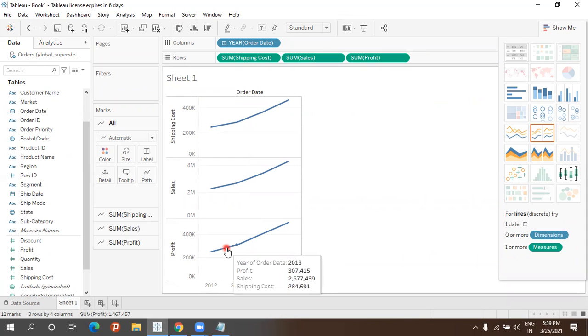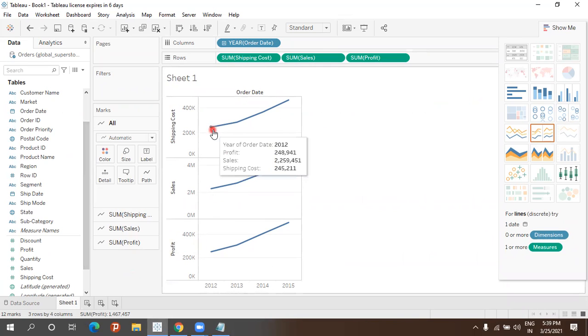So which will be the better method? Here we can't combine this. The first thing we can do is without measure names. Like she has already told, we can take measure names and filter.